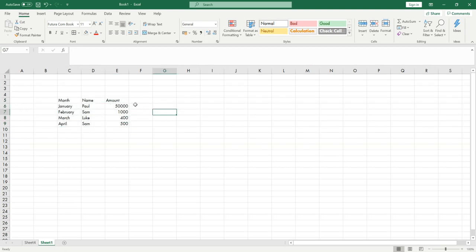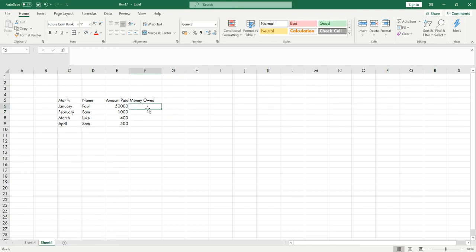So you go back into your raw data here and you just add in a column and you say, okay, this is the amount paid, and then this was the, let's say, money owed. So you can say for Paul, let's say he owed us £100,000. Don't know why he owes so much money. Sam owes us 5,000. Luke owes us 400, and Sam is the same person, so we'll just have that as